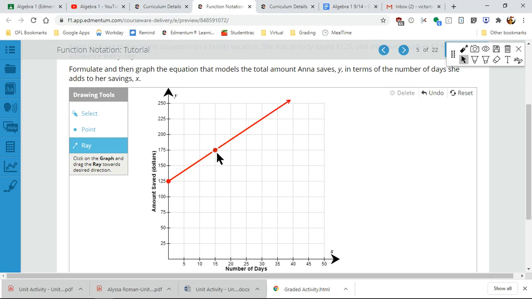Other than that, yeah, I don't know what else to do. Plot your points, and like I said, make an appointment with me, and I'll see if I can help you with that. All right,